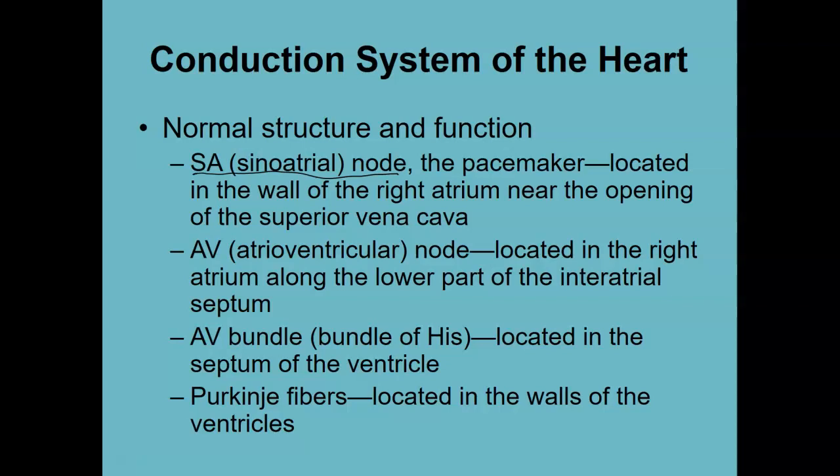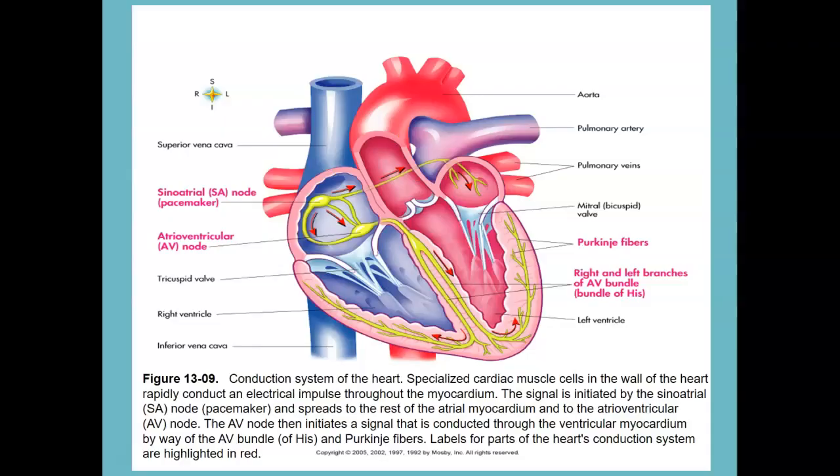It used to be called the bundle of His. In older anatomy texts, it's called the bundle of His. And the bundle of His, it's not hist, it's hiss, like a snake, right? Goes down through the septum and permeates the ventricles, allowing communication among the myocardium in the ventricles. What does this look like? I like looking at the picture